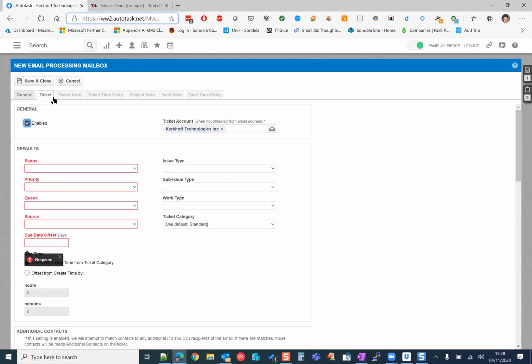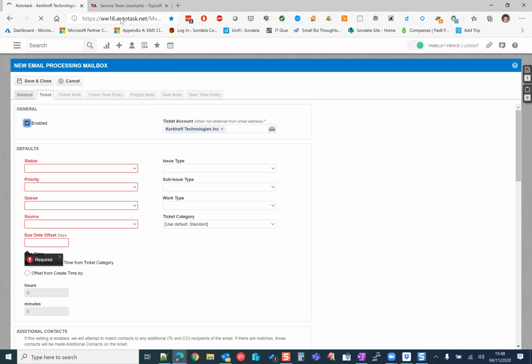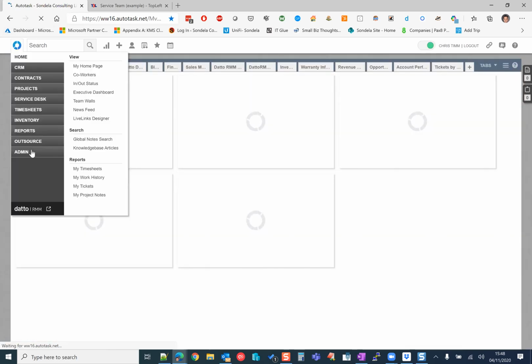Under the ticket note, Michael, there will be something in there that will allow you to change it. What I'm going to do quickly, sorry, I'm just trying to get this. I just really want to show you where this is. I think it's easier to show you. I'll just log into mine very quickly. So what we can do in here is if you click on